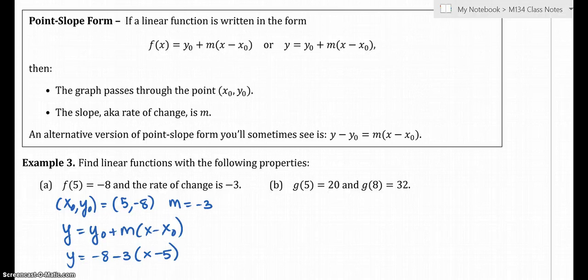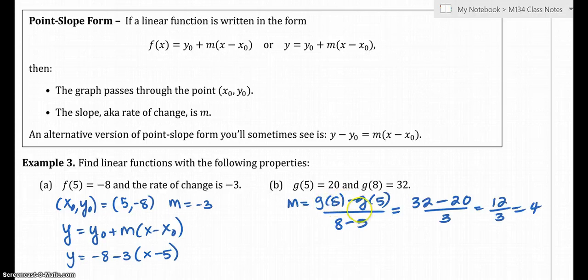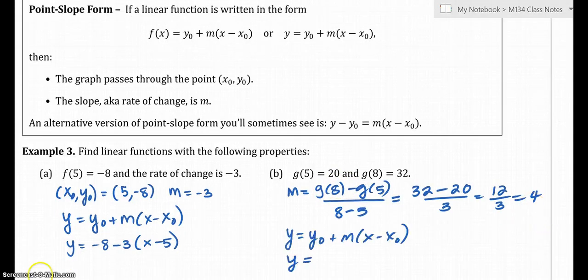The one on the right, we do not have the slope, which is g of 8 minus g of 5. To find the function, you can use either, leaving the x and y alone. x naught is the 5 and the y naught is the